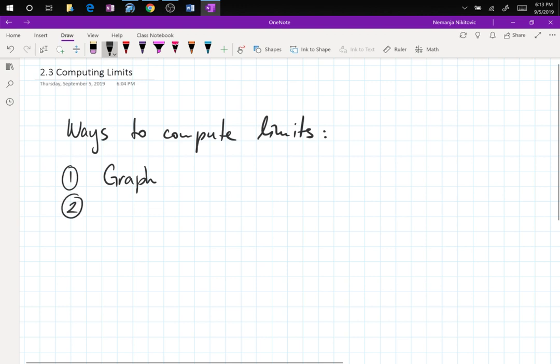The way that works 100% of the time, so if you don't want to learn anything in this chapter at all, apart from limits being a fancy way to compute the y value, and you are supposed to compute the numerical value of the limit, the only thing that works 100% of the time is that numerical chart approach, the table of values that I had last time. Remember when we computed values and we said, oh, from this side is 9, from this side is 9, so it's 9, right? So chart, table of values, whatever you want to call it,